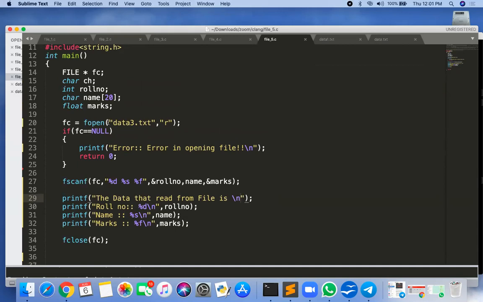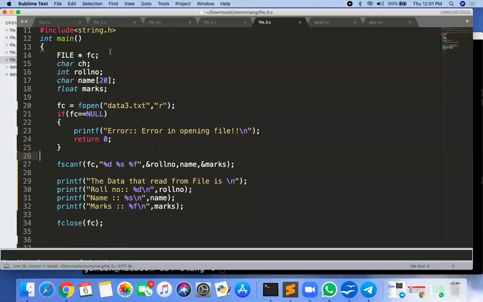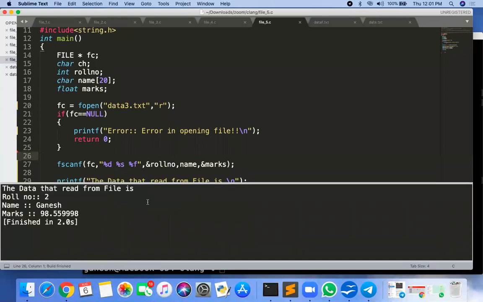So here what I have done, whatever the content of the data3.txt, I am opening in read mode, and I'm reading only the first data. Okay, if you want to read 3 data, use this statement 3 times. fscanf will read 3 times. So I am running the program and let me see the output.